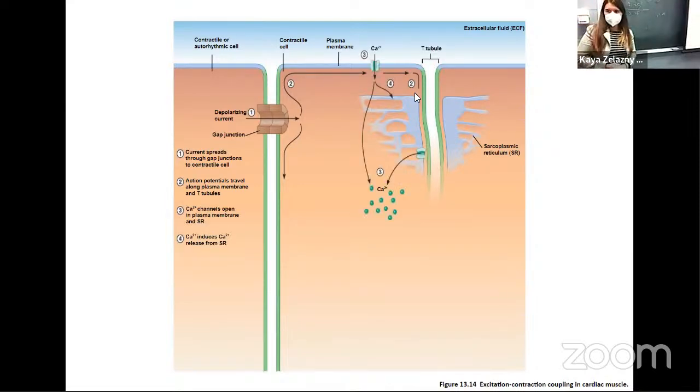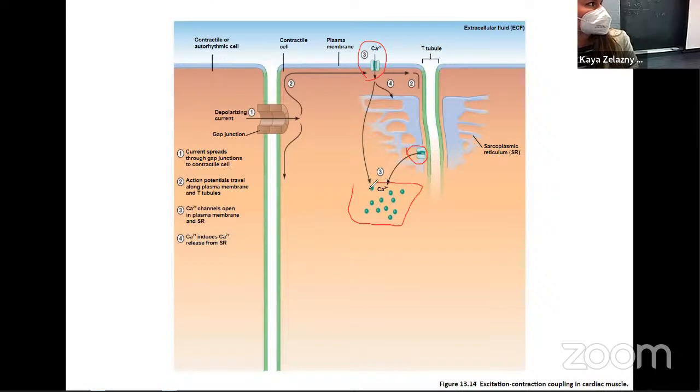And as it does that, we have a bunch of calcium channels opening. So the calcium channels are opening in 2 places. The first place they open is here on the plasma membrane. They're also opening in the sarcoplasmic reticulum. So we're getting calcium ions from both of these sources into the cell, allowing it to contract. So now we've got calcium in the cell. This means,